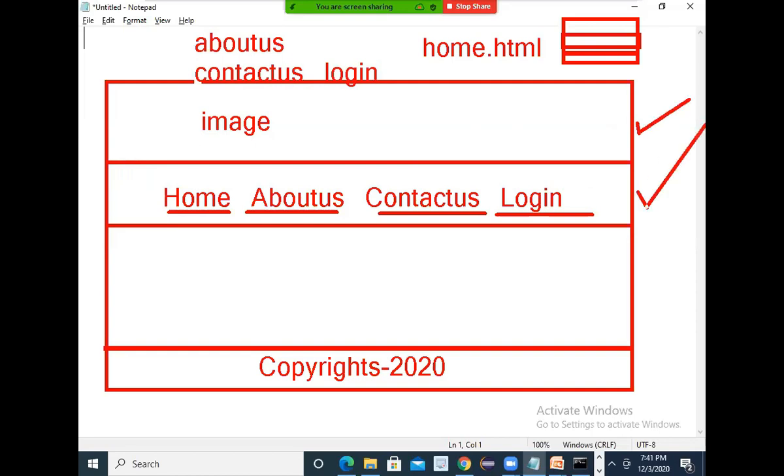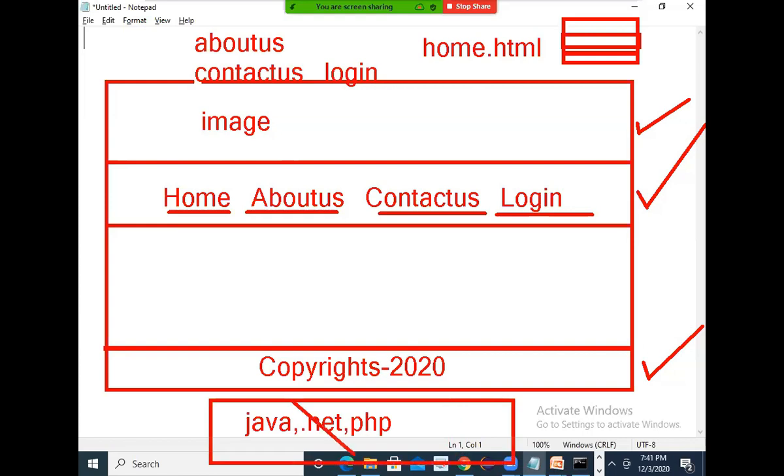Unnecessarily, code will increase, which means the size on the server will also increase. That is one problem. And another problem with multi-page application is that every time the page will refresh. Page refreshing means not only the data, the HTML code also will execute every time. This was the problem in olden days when you worked with Java or .NET or PHP. These problems exist in old web application development with Java, .NET, PHP. So nowadays, all the web applications follow single page application. That is possible with Angular and React.js.